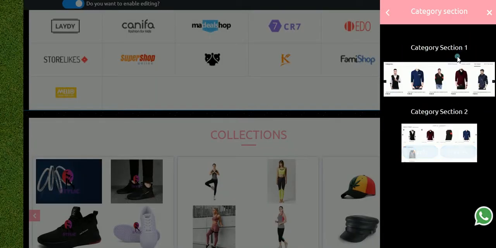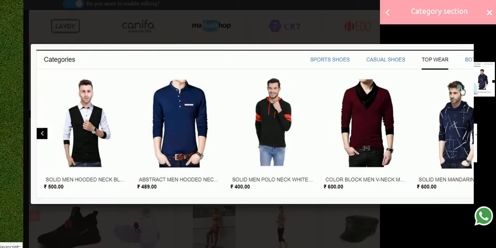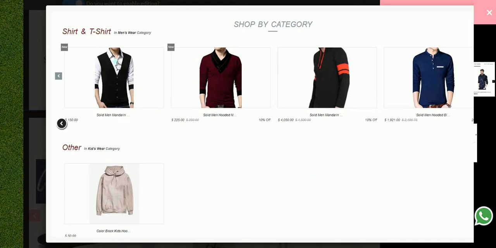Again here we are having 2 previews, 2 layouts. Just click on preview. Here you can see one is the type where the category will be visible like this. Here the categories will be written, here all the categories will be mentioned, and here the products can be seen individually. Now if I don't want this one, I can mention it this way also, that shop by category.